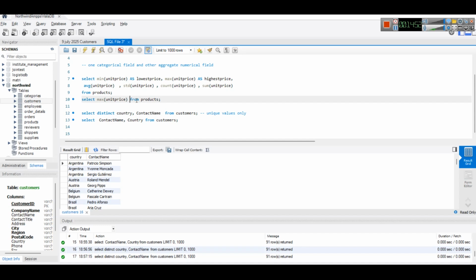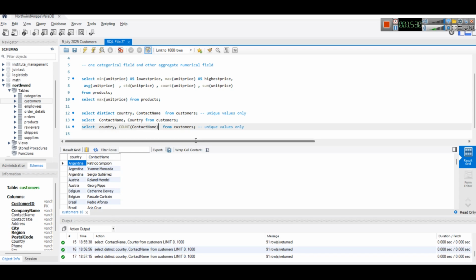So if we select only distinct records, if we only select Argentina one time, then what can we get? We can get the count of contact names. Can't we write that? So if we are writing contact name, let's copy this query, and if I write select country, comma, count of contact name from customers. Okay, so here the query is a little bit different from what it was on line